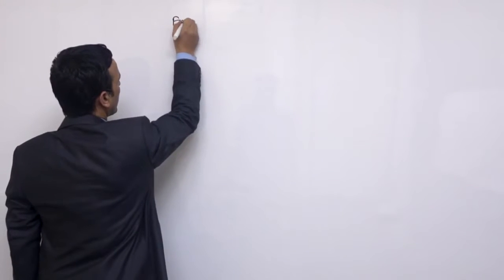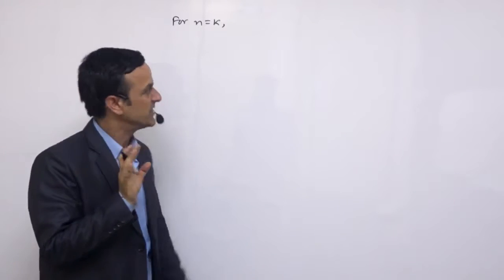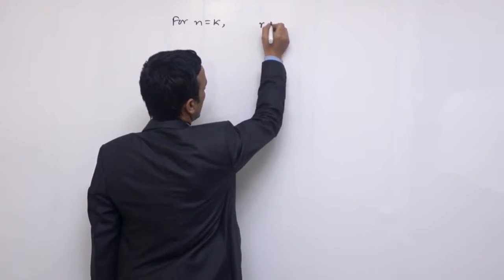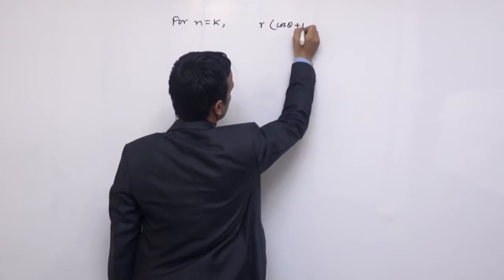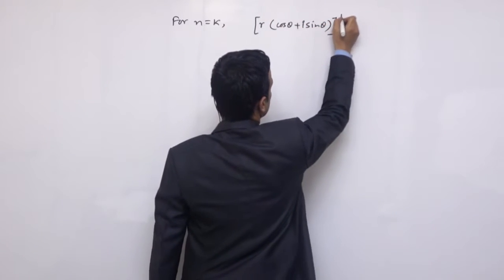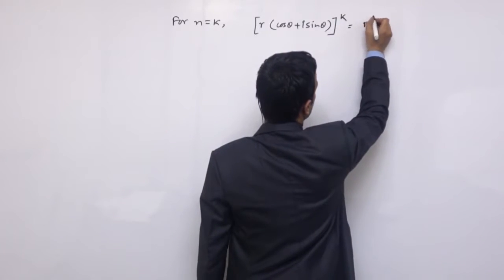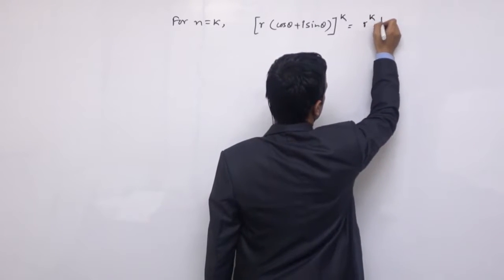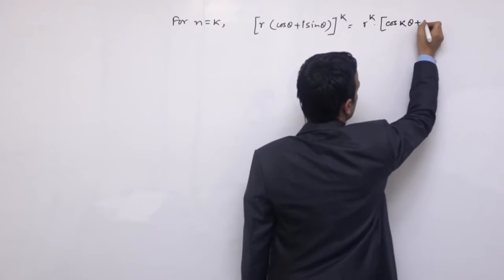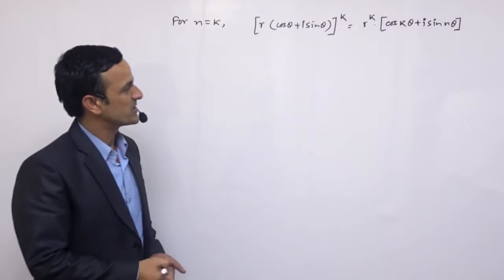Now for n is equal to k, n को भ्यालु 1 र 2 राखे जस्तै अब हामी k को भ्यालु राख्छौं। यो k को भ्यालु राख्दा हाम्रो स्टेटमेन्ट हुन्छ r times cos theta plus i sin theta whole power k, n को ठाउँमा k आयो। त्यसरी नै यताको टर्म के हुन्छ r power n means r power k, and it is cos n theta means it is cos k theta plus i sin k theta।